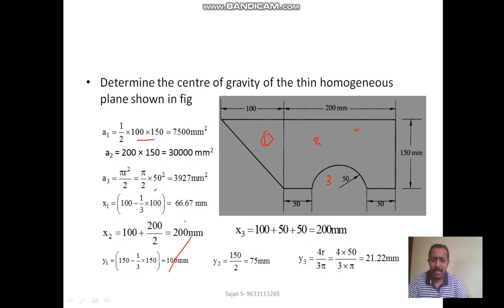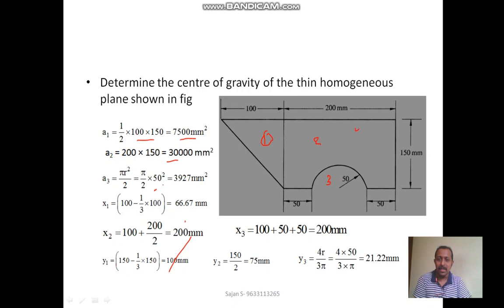a right angle triangle, so the area of a right angle triangle is half bh. So 100 and 150 are base and height, so we can write 100 into 150 by 2, that is half bh, equal to 7500 mm². Then area 2 is the rectangular part. The rectangle is 200 into 150, so we got 30,000 mm², and area 3 is the semicircular part, that is